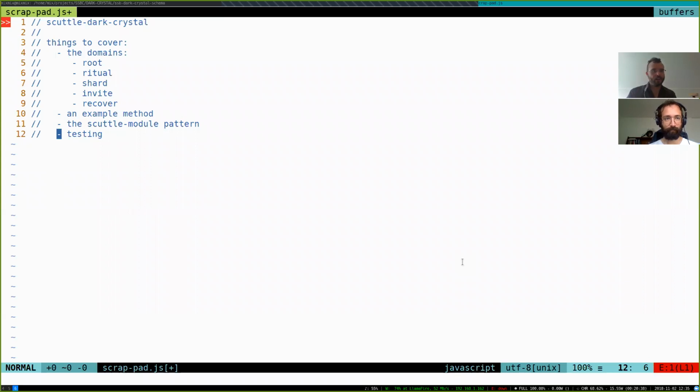That's great. Okay, so what are we going to do? We're going to look at what are the domains, like what are the sorts of messages involved in a DarkCrystal sharding. And then we're going to look at an example method from scuttle-dark-crystal. Scuttle-dark-crystal is a helper module which basically provides getter and setter methods for this Scuttlebutt database. And then we're going to look at